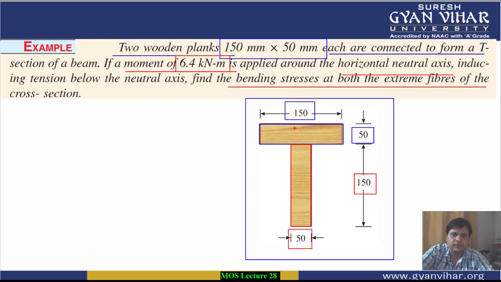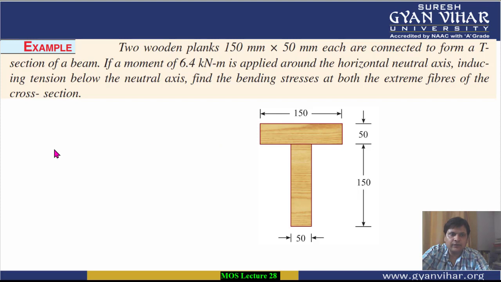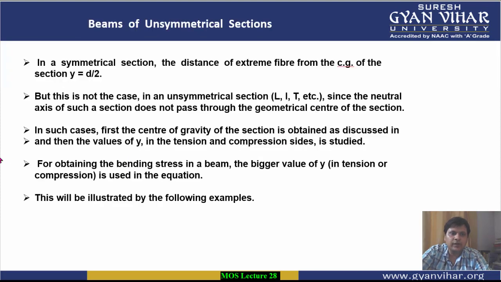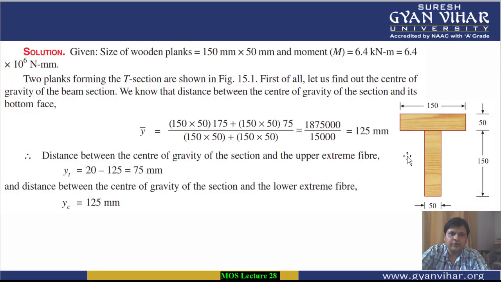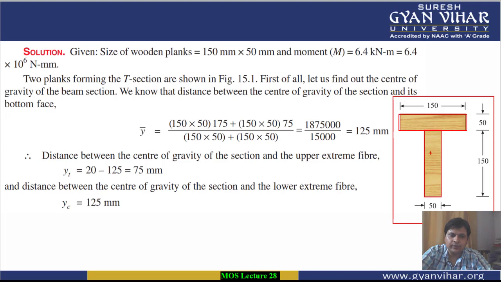So this is a case of composite section, and in the case of composite section, as I have told you, we are going to calculate the value of the center of gravity of this composite section first. How we will calculate, this is already known to you. We are going to consider this whole beam as two parts, one this rectangle and then this rectangle, and then by using the parallel axis theorem we are going to bring the centers of gravity of both into the center of gravity of the composite section somewhere here.